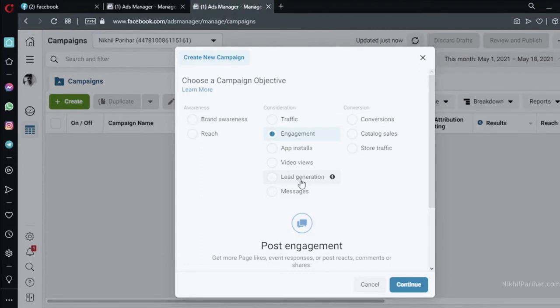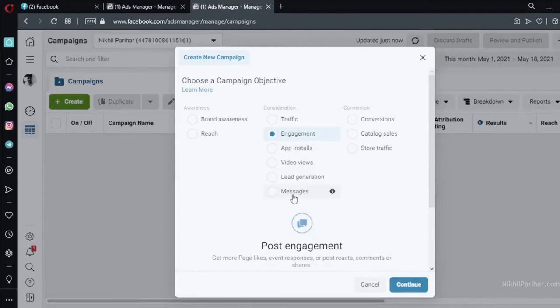So you might have seen a few ads, if you click, all your details are auto filled in the form. You just need to click on submit and all that. So that's nothing but lead generation ads here. Then Messenger, which is messages ads. That's another thing. If you want to run ads where people click on the ad and directly start chatting with your brand or start chatting with you, you can go ahead with these options here, this messages option.